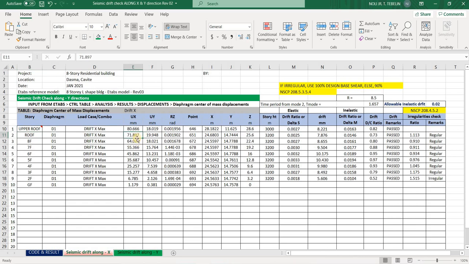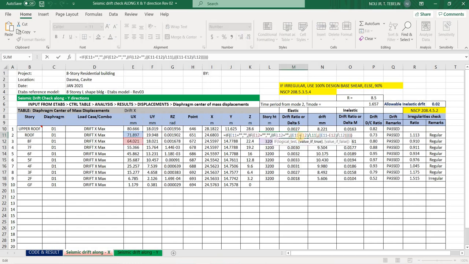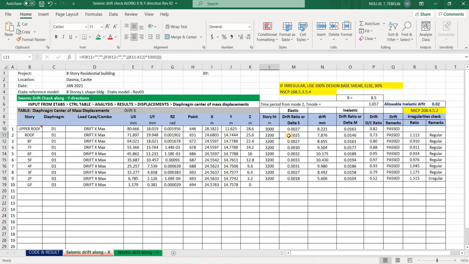That is 71.897. This is the drift. Okay, this is the drift from upper to lower level. Then this is the delta S, or this is the drift ratio. So you will just subtract this one. So 71.897 minus 64, all over your story height. So it will give you 0.0025. Now the drift,